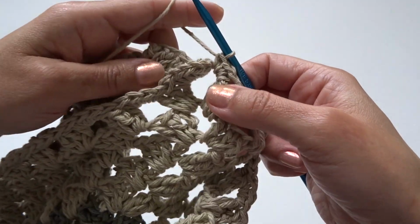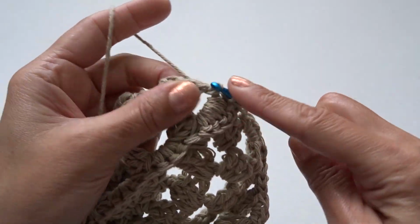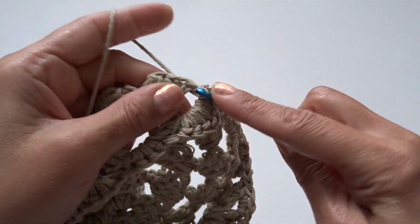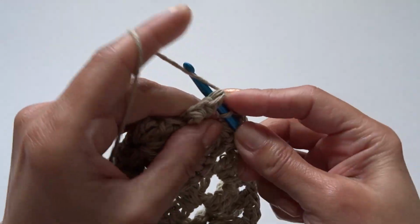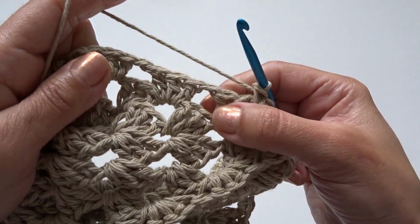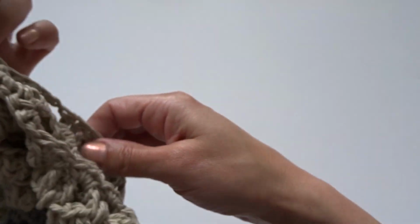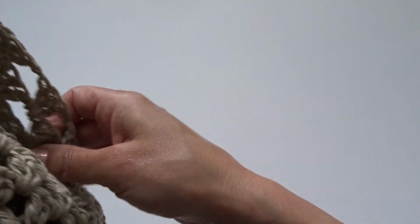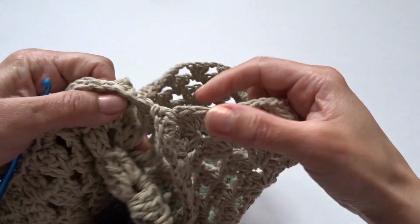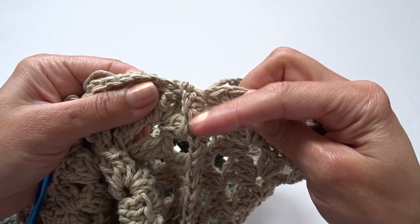And right over here, you're going to switch and go to the back and work 3 single crochets into that space as well. 2 and 3. And now we're going to work the same exact way. It's just working 3 single crochets into each chain 1 space, all on this side right here, until we come to this area. And I'll meet you right over here to show you what to do, right where the corner